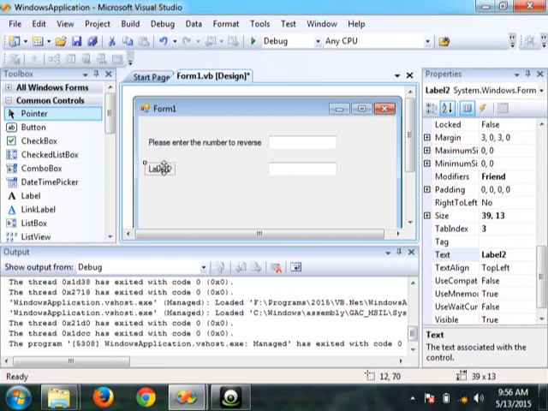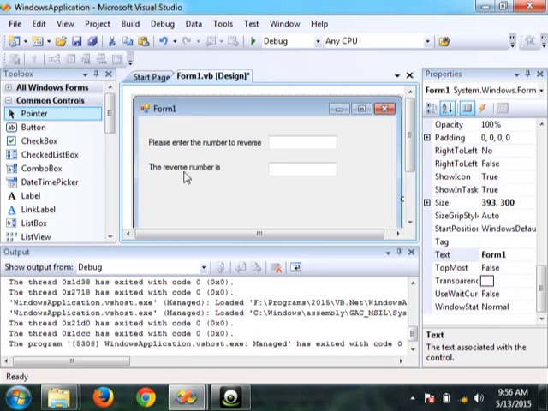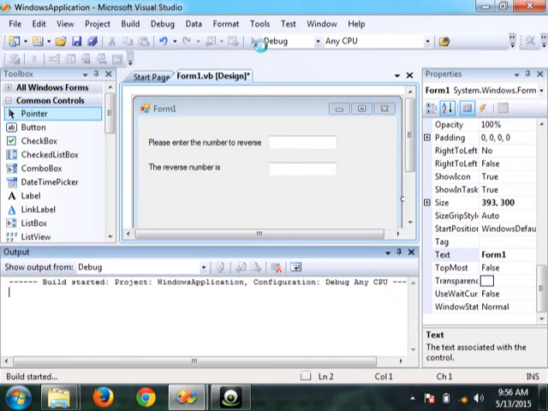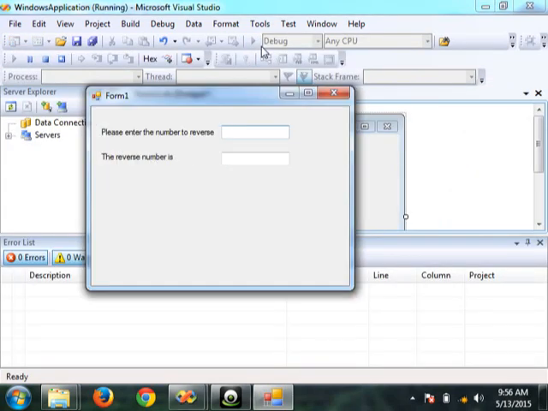So click on this label again, and go for this one, Text, and change it to, let's say, "Reverse number is". So the reverse number is, it will be displayed over here. Now I am very specific that this is for entering the number and this is for the output, that is the reverse number. Clear? So let's try. Do you think my program is going to work if I just enter a number like this and it is going to reverse? No, because there is nothing else.